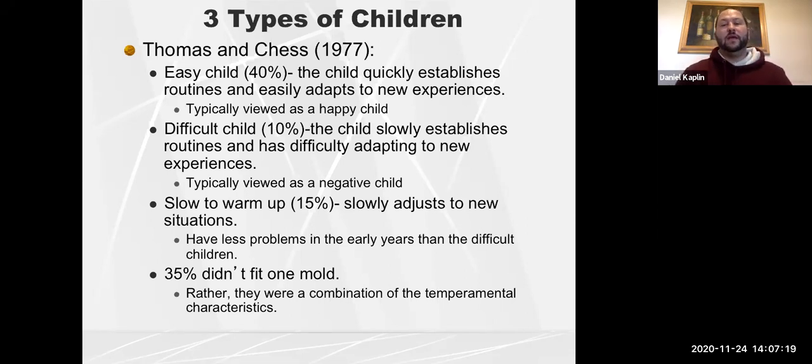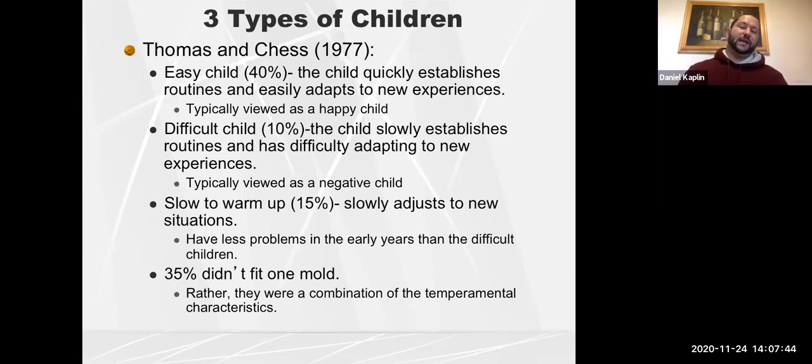And they say, okay, no problem. Well, you're not going to need to be overly punitive or harsh with that child because they adjust relatively smoothly. They adapt relatively smoothly. Whereas a difficult child, and I hate these labels because they label the person, not the